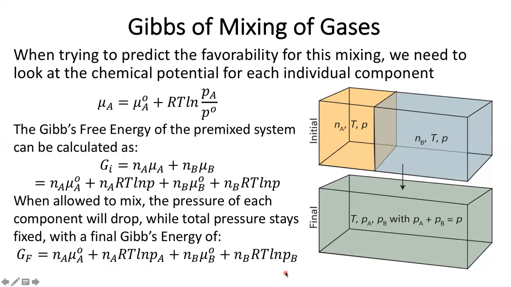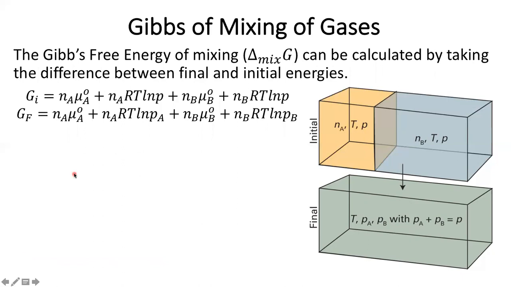So in order to get at how favorable this mixing process is, well, this is just another kind of reaction. So I simply take final conditions minus initial. If I do a good old-fashioned final minus initial, this is going to give me my free energy of mixing, essentially telling me how favorable the whole process is. Now, what you're going to notice is that, first of all, the reference conditions don't change between the final and initial state,